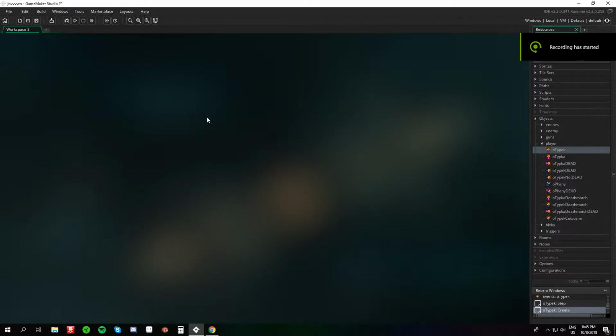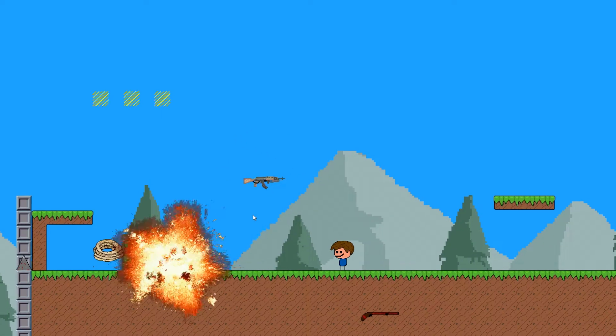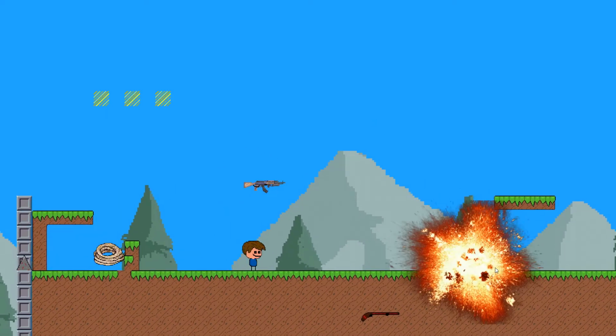So hello guys and girls, today we're gonna make a grenade in Game Maker Studio 2. As you can see, it's working. When it hits the ground,